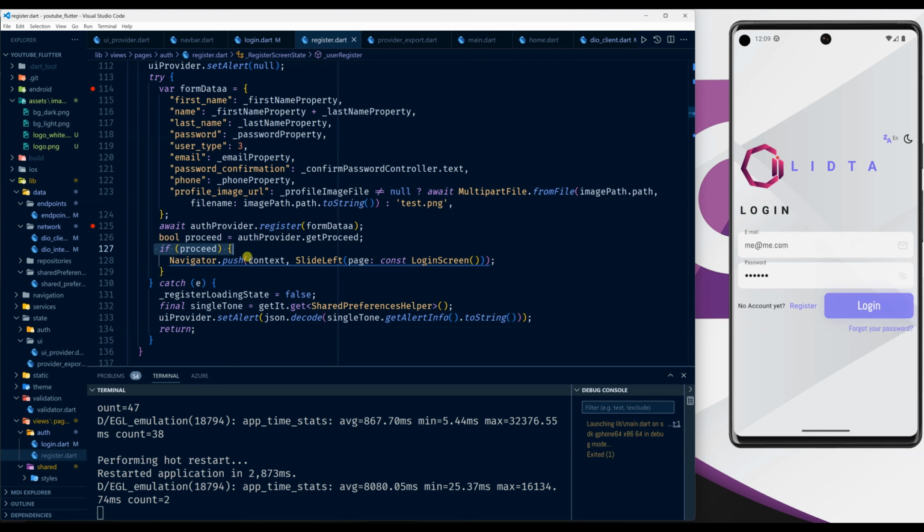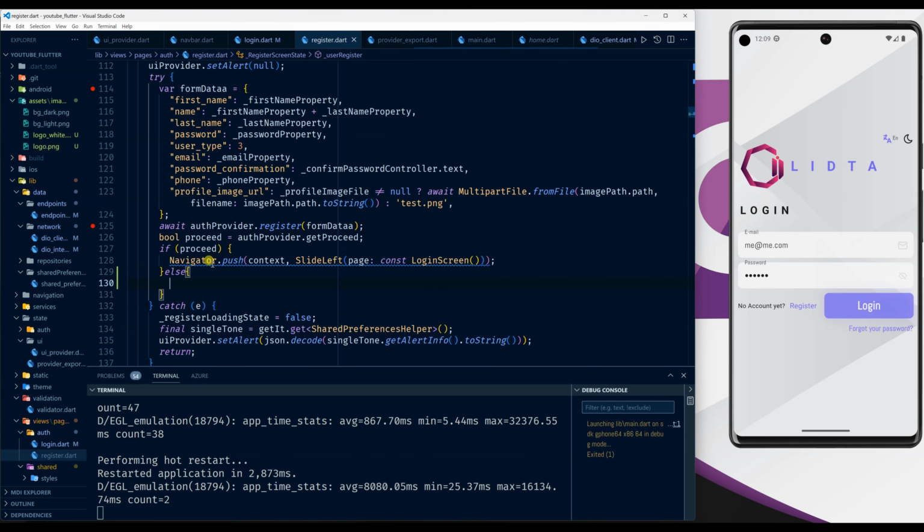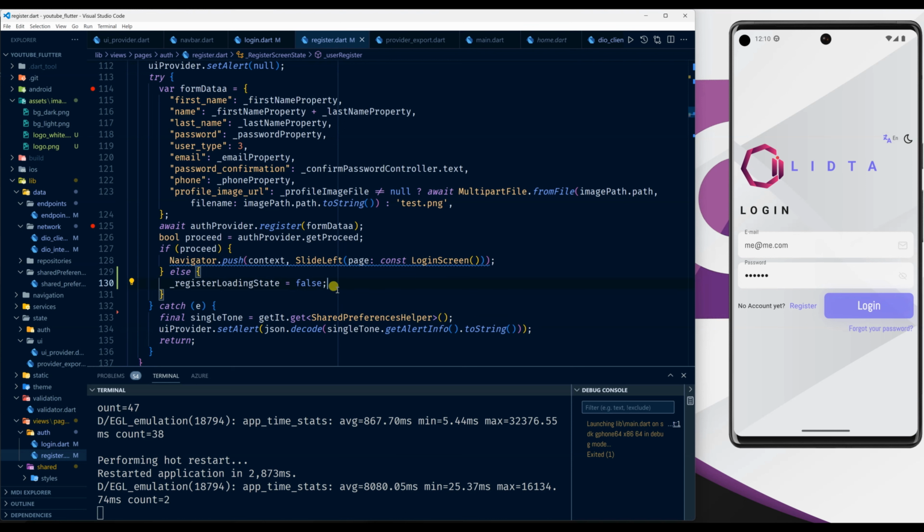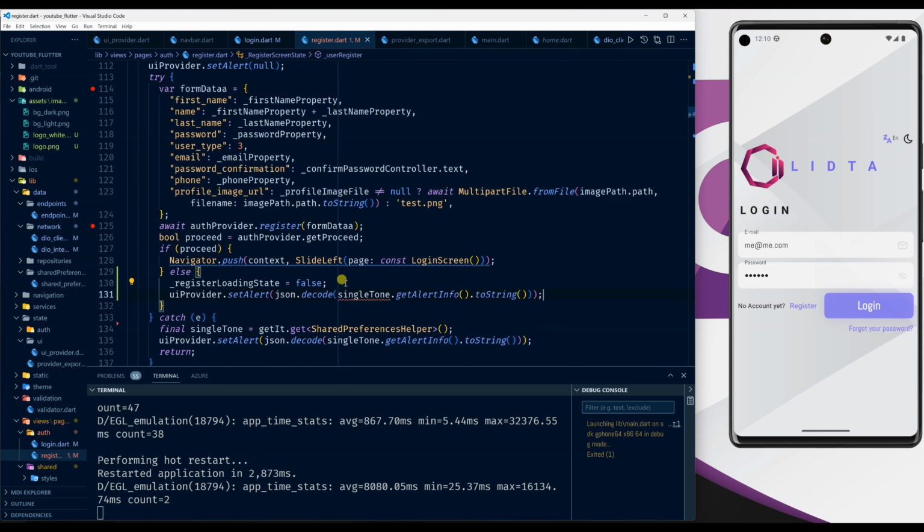So if it goes through, then we're going to do this. But here I forgot to say, in case the proceed is false, what are we gonna do? What we can do in this scenario, I'm going to copy this. I'll set it to false. And another thing I'm also going to copy is this guy here, and I'm also going to set whatever is coming from the